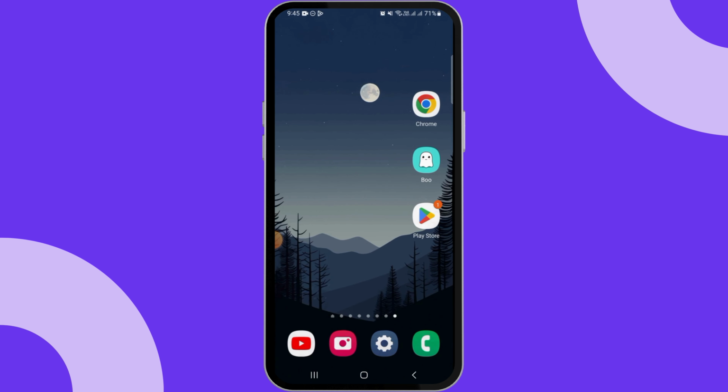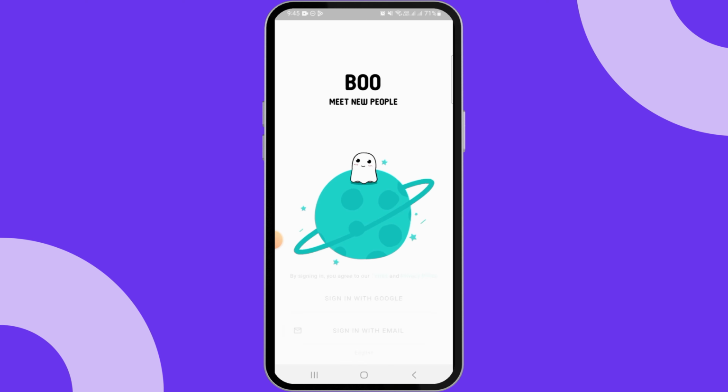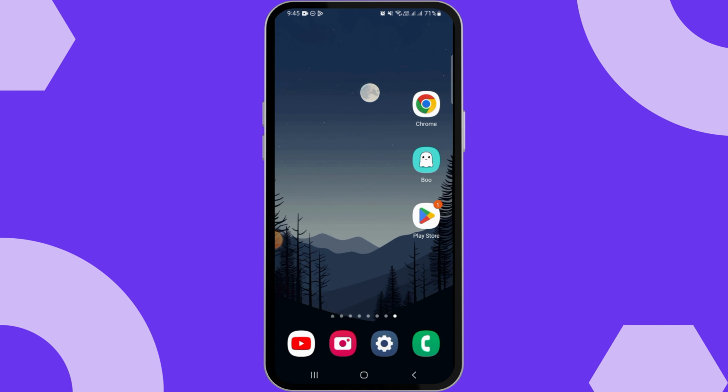Once that is done, you want to open the Boo application, log into your account and check if your application is working properly. If it is still not working, then the next thing you want to do is check if